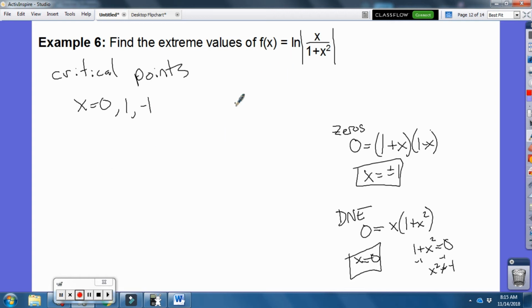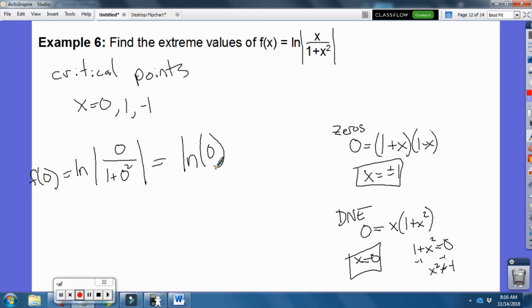So let's find f of 0, and we get natural log of 0 over 1 plus 0 squared, natural log of 0, undefined, so there is no max or min here,